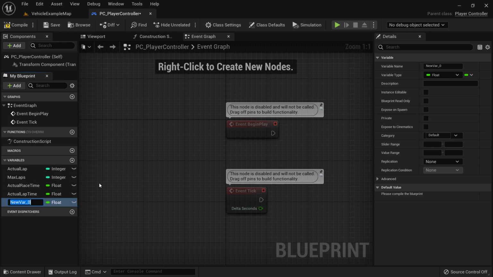The fifth one will be gold time. The next one will be silver time, bronze time, best lap time, best race time,